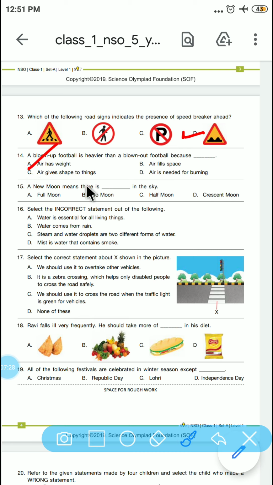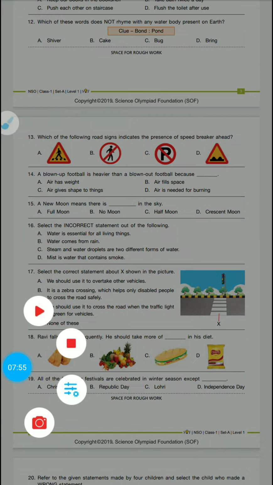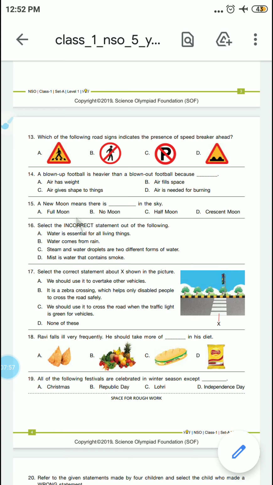Question number 15. A new moon means there is dash in the sky. A new moon means there is full moon in the sky? Or no moon? New moon means no moon in the sky, friends. Okay, next